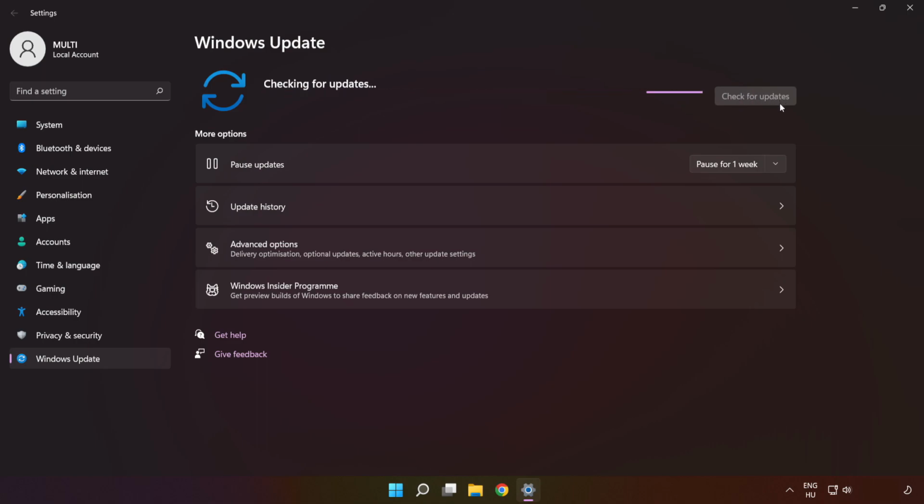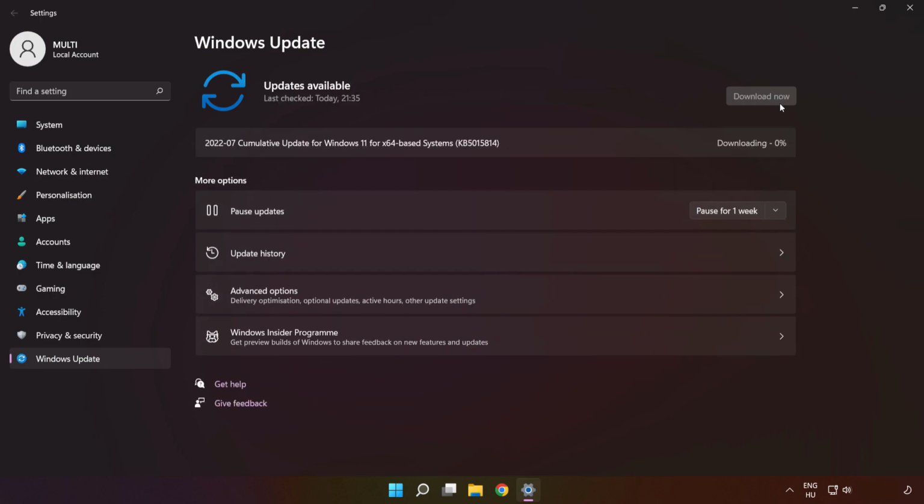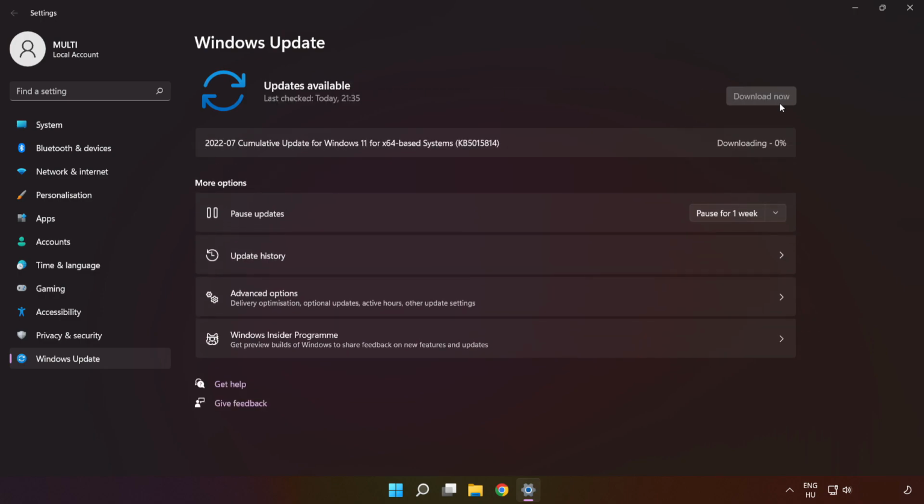Wait. After completed, click Close and restart your PC. If that didn't work,